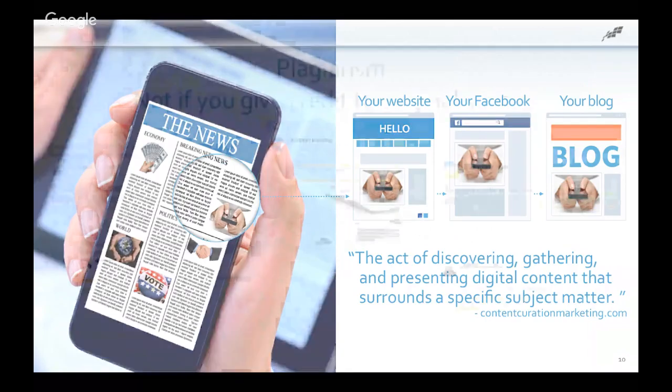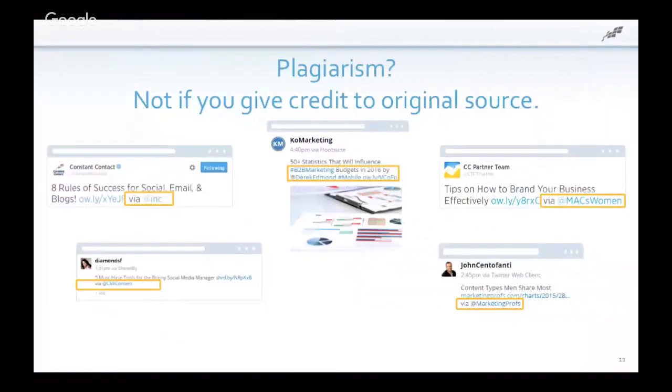So especially if we talk about plagiarism and sourcing content, giving credit to the original author, like you see in the examples on the screen, via @Inc., via @CM Content, hashtag B2B marketing budget set by @Derek Edmond, and via @. So doing via or hat tip or that kind of stuff will take care of the possibility that you're not giving enough credit to the people that you're working with or that you're using content from.